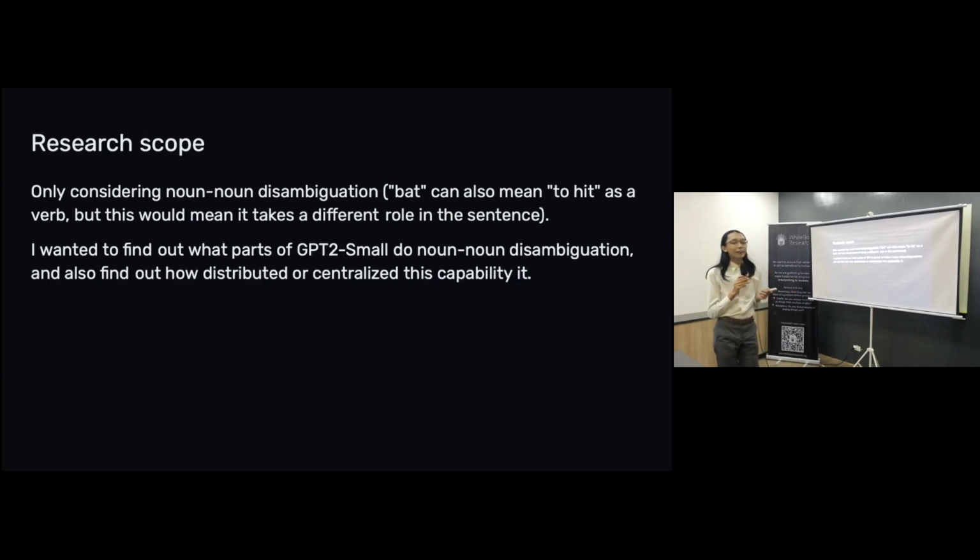And I wanted to find out what parts of GPT-2-small do noun-noun disambiguation, and also find out how distributed or centralized this capability is. Is it only a few parts that do it, and they do it for all of the nouns? Or is it that it's everywhere, right? And most parts of the model contribute to it, and it can't be isolated into a specific thing?